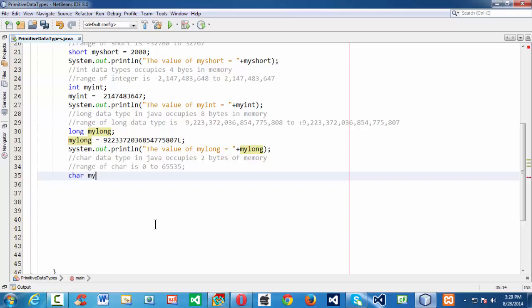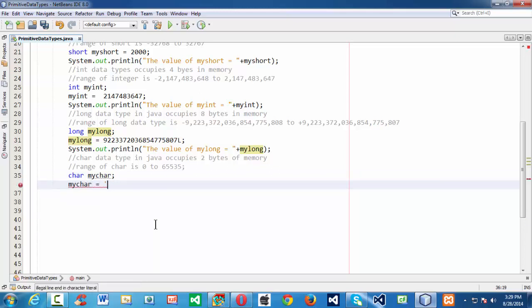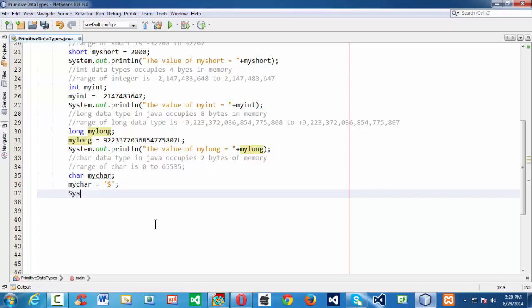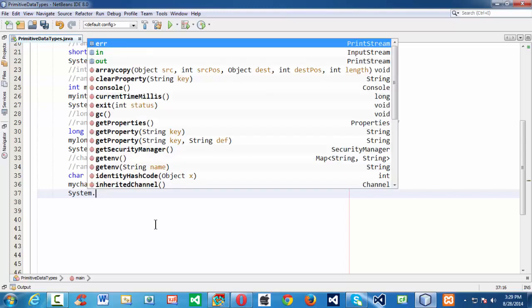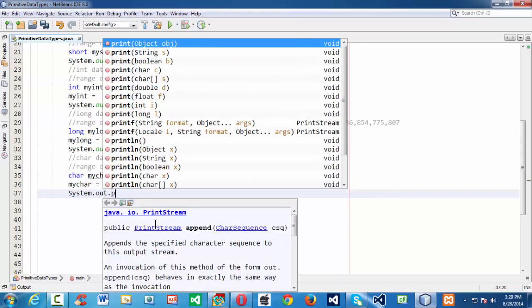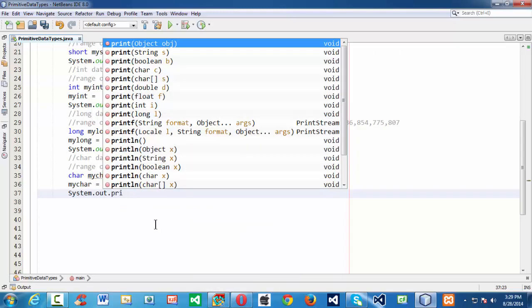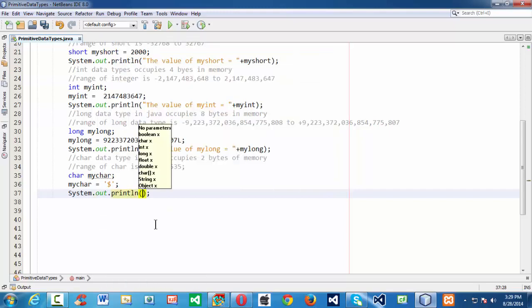Let's create a variable for char here. char myChar, and let's assign some value. myChar is equal to, let's say, a dollar, a special symbol dollar. With the help of System.out.println, let me print out the value of myChar.